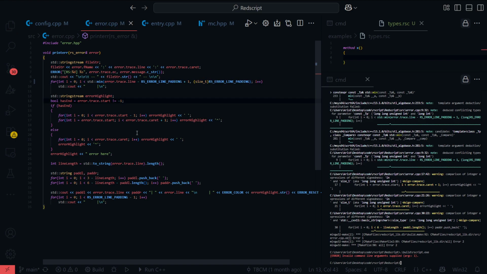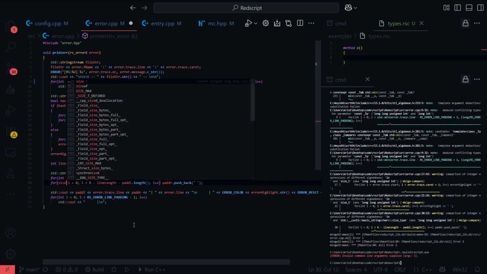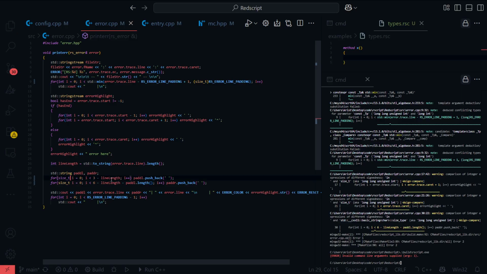And then line length. Okay, so this should be a size_t, I'm assuming. This is a lot of bytes we're using here, but sure. Just change that to an int.